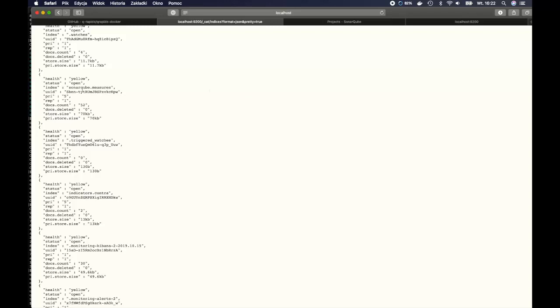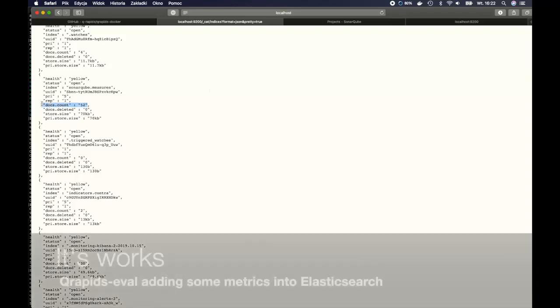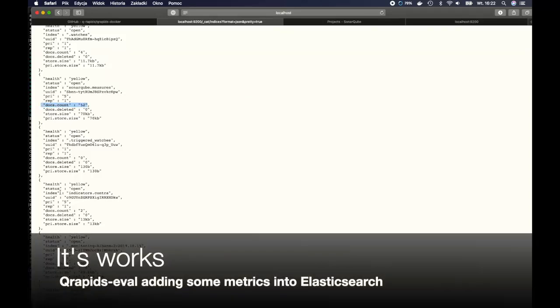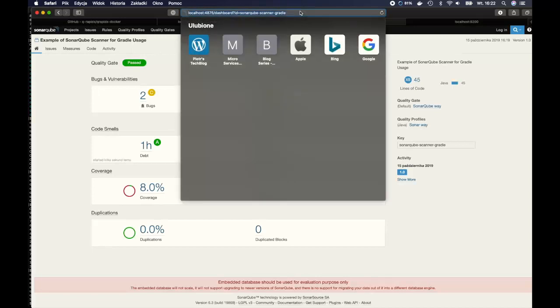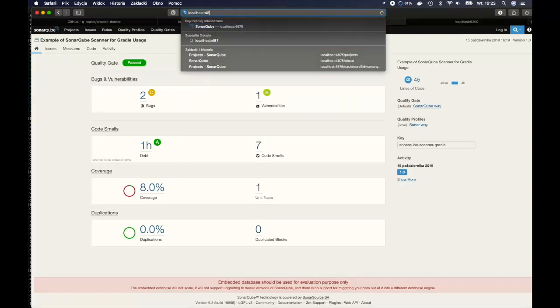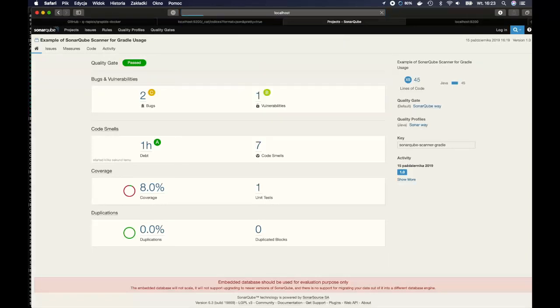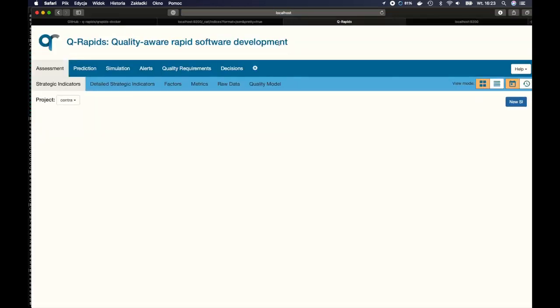QRapid's eval feeds some metrics into Elasticsearch. This, in turn, enables the dashboard